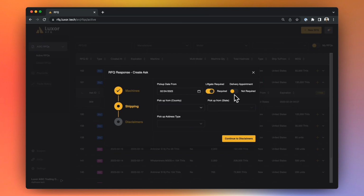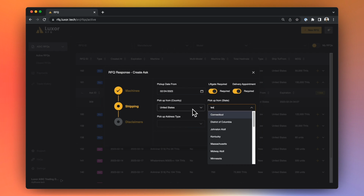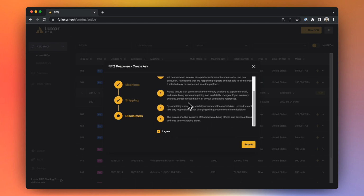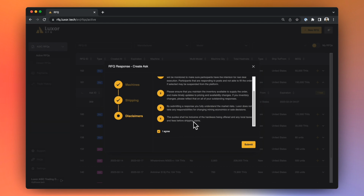Pickup will require a lift gate and a delivery appointment. In this case, machines are going to be shipped from the United States, from the state of Texas, and it's a commercial address type. Then you go to disclaimer, you agree to these disclaimers, make sure that you do, and once you do, you can submit your answer to this